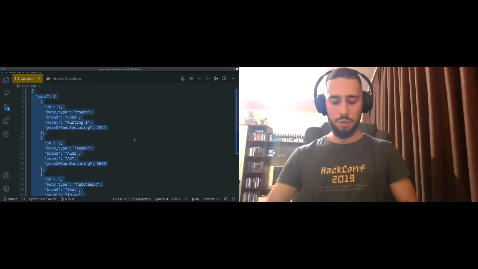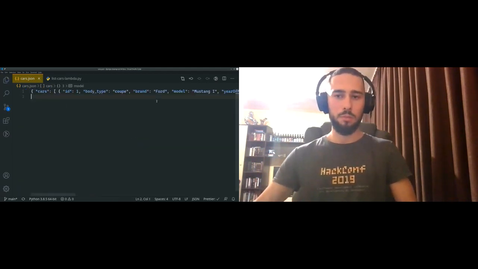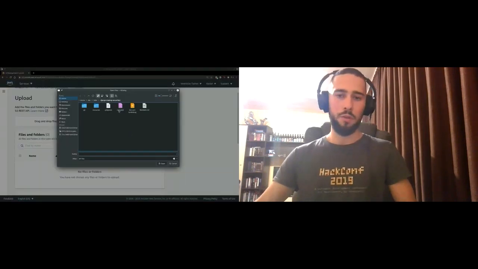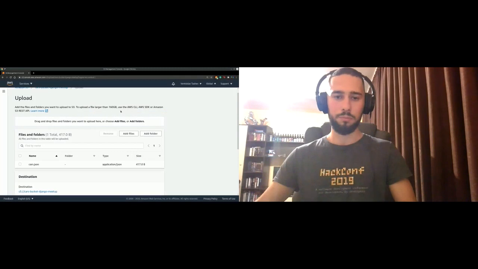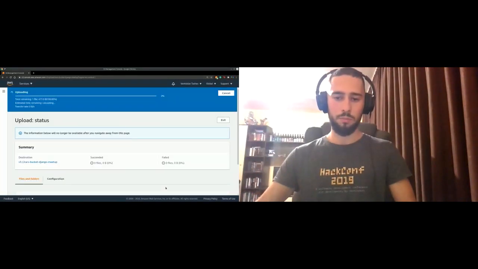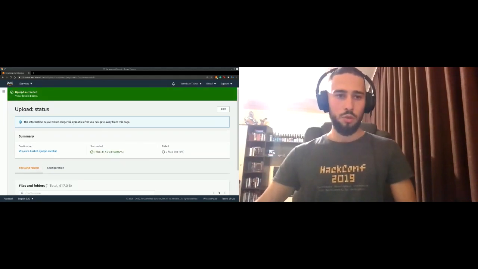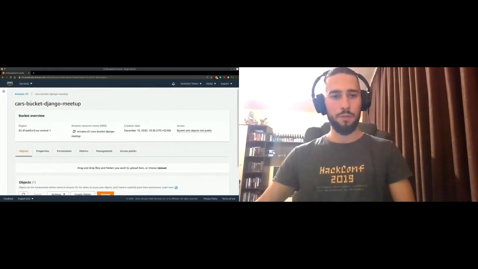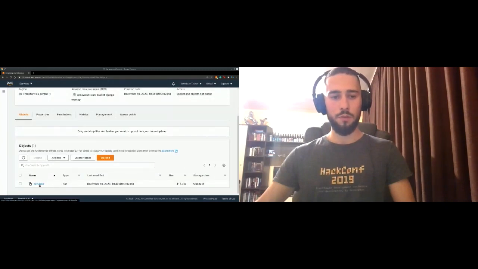So I'll just minify this into a single line, and now I will come and upload it in my S3 bucket. So I come here at files and select my cars JSON file. So I click here and just click upload. So you see that everything was successful, so we can click exit. And now we have a JSON bucket, cars bucket Django Meetup, and we have a single file there, which is